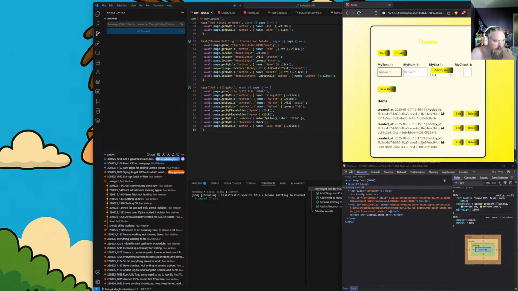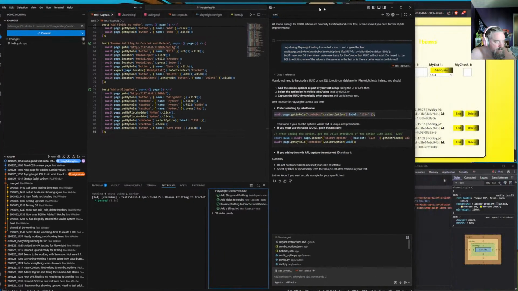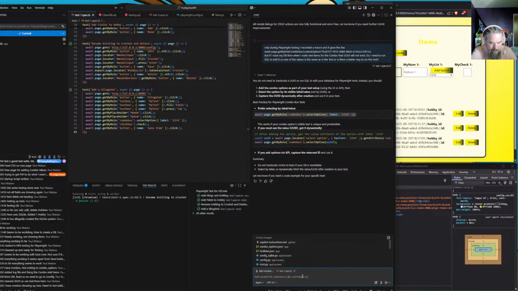But we want to change that because on the items page, the list at the bottom that shows all items, can we change the fields from